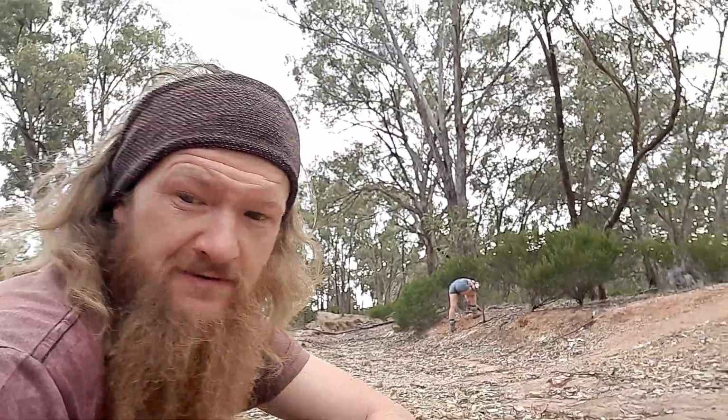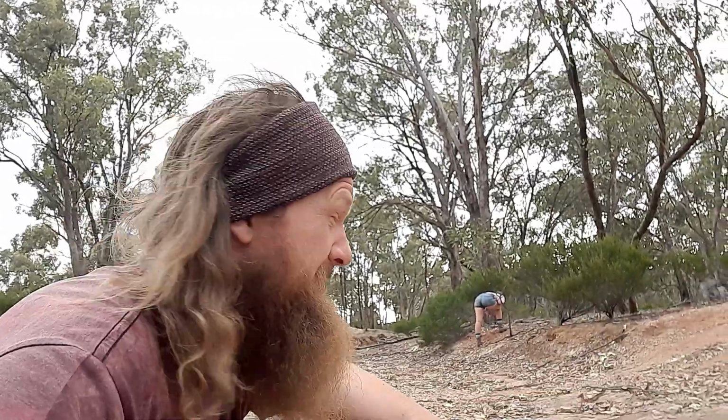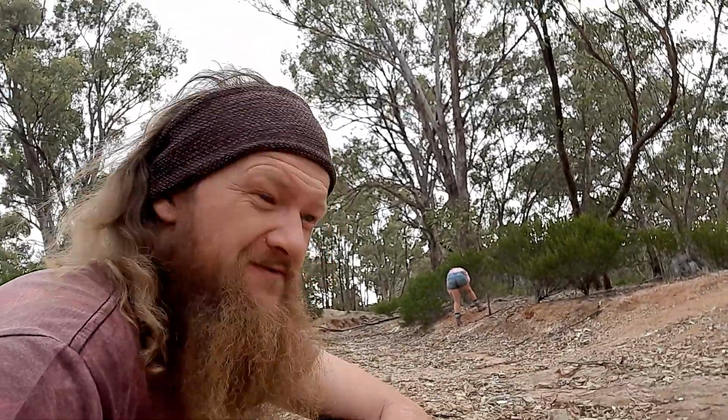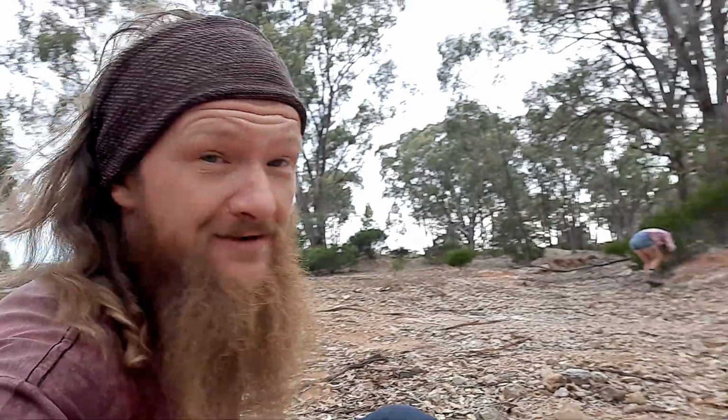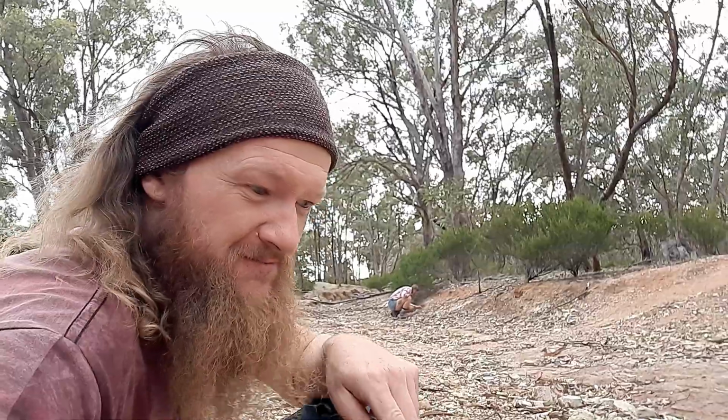So I had ditched the camera there for a little bit. Just having a bit of fun and just wanted a moment to dig without thinking. And we've sort of changed tack a little bit. We've gone away from the reef workings and we're in, obviously, a creek bed. So we're looking for water-worn crystals and smokies and things. We have been to this creek before, but we haven't actually looked much. It's in another past episode, but